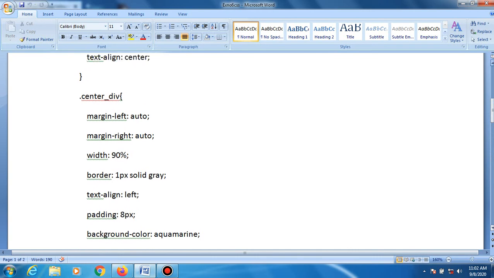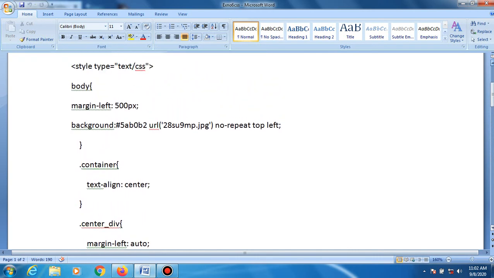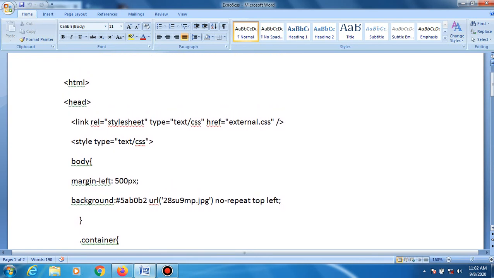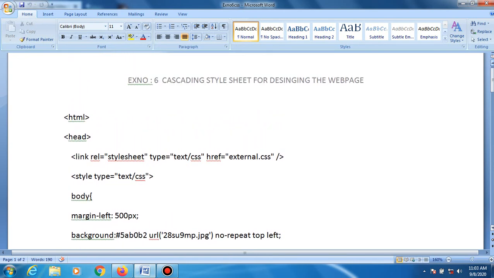Cascading style sheets do not only support HTML heading tags. They also support different styles, color sizes, font pixels, alignment, right alignment, left alignment, background colors, etc.